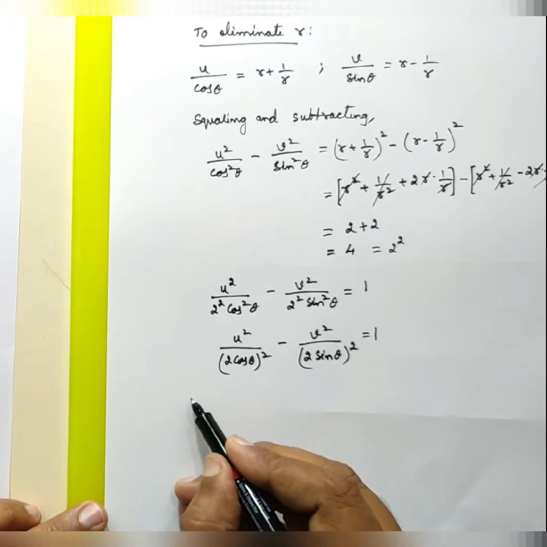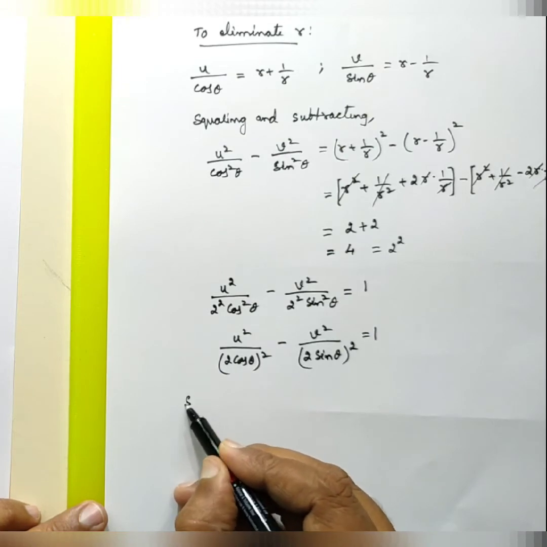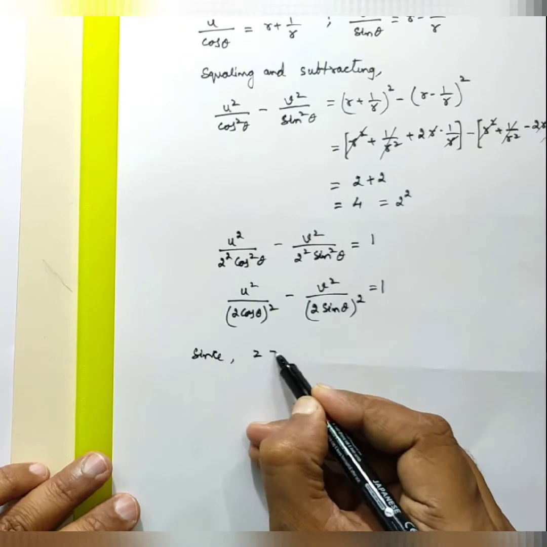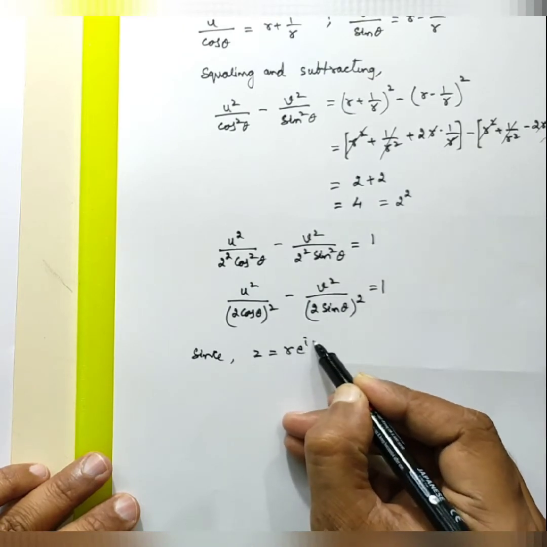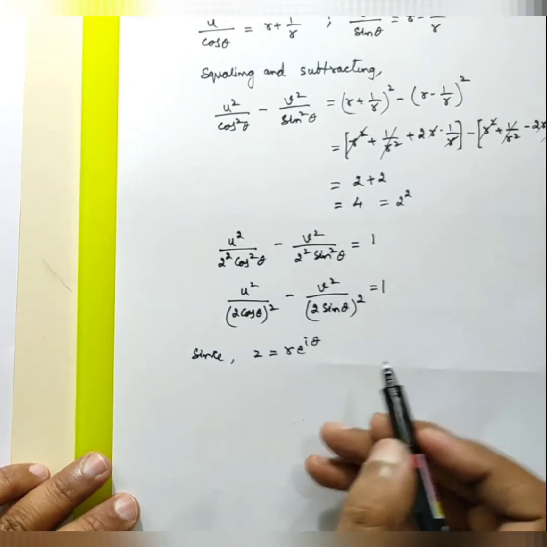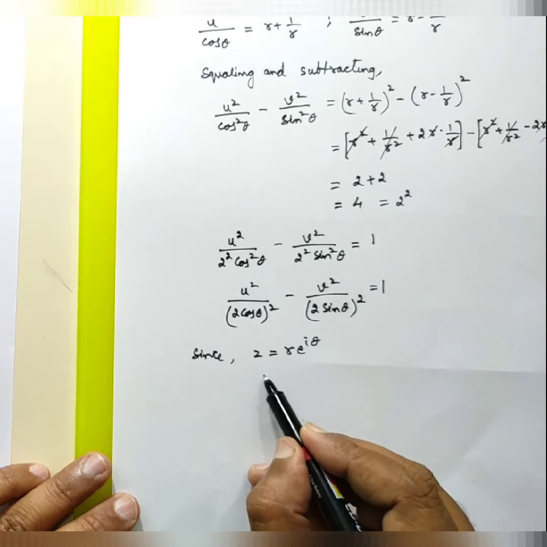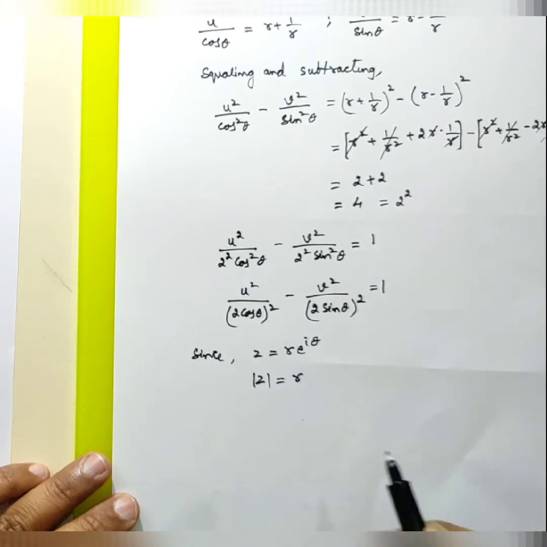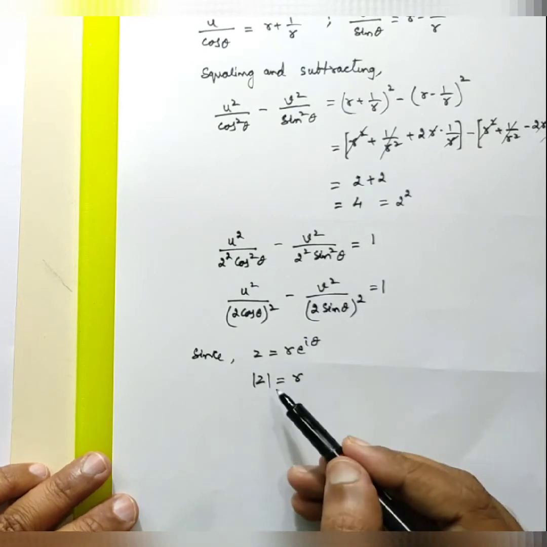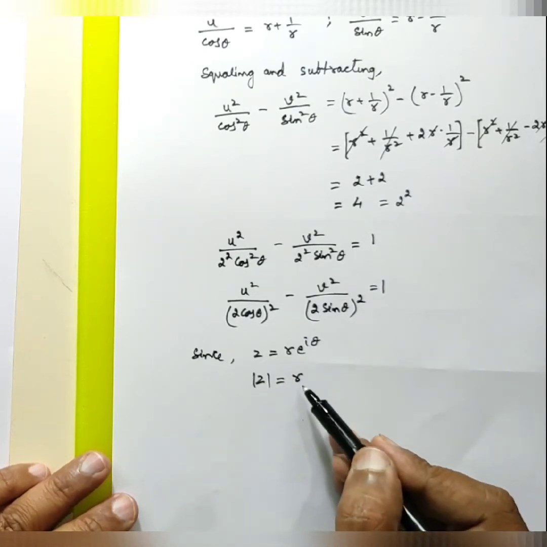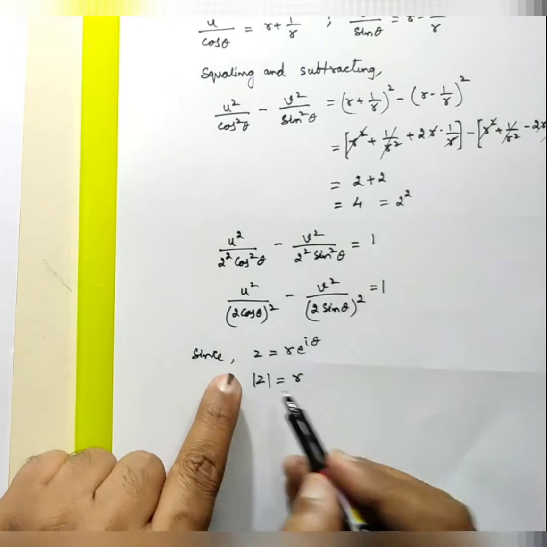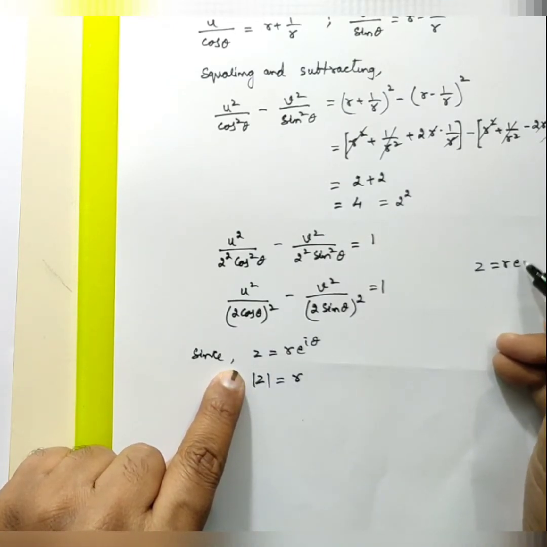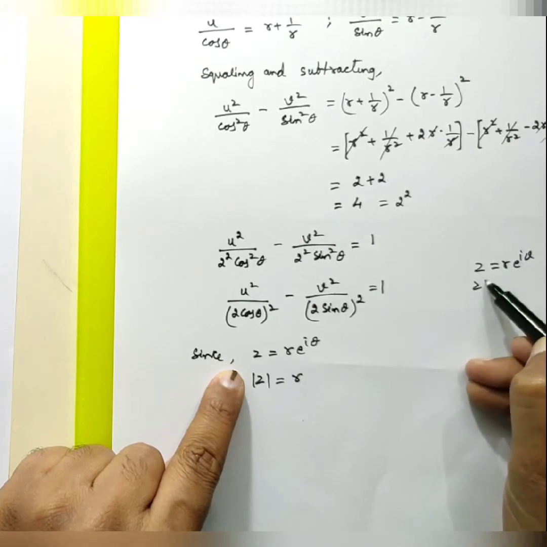For that, let us go back to the equation. Since the equation is given to us, the value of z will be equal to r e power of i theta. This can be rewritten as modulus of z is equal to r, which represents the equation of a circle with the center as origin and the radius as r. You can check it because you already know it, but I'll still show you. You have z is equal to r e power of i theta. So if you take the modulus